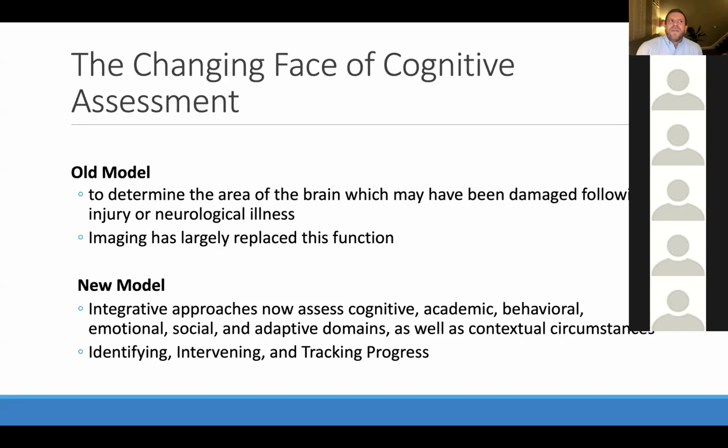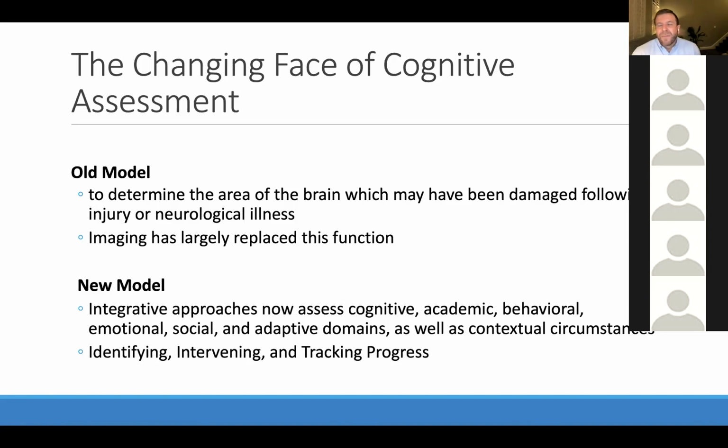But one thing that this form of evaluation does is that it really does a nice job of seeing where an individual's particular skills lie relative to others in their age group or in the normative group. And that helps us to really characterize strengths and weaknesses. So we've really moved toward a more integrative model of neuropsychological assessment, which is designed to understand where an individual is functioning across domains, whether it be academically, social, emotional, independent living skills, things like that, to be able to understand the big picture of how they're doing and how they're functioning in day-to-day life, and then to use that to guide our diagnosis and understanding.